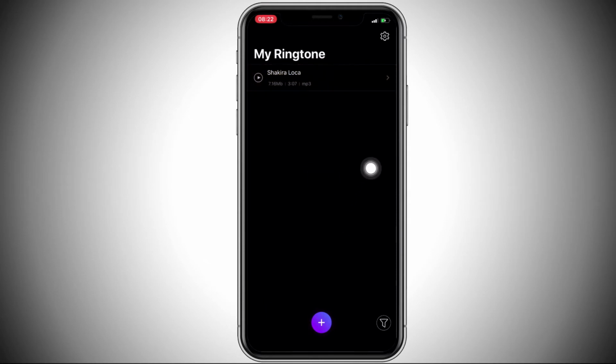After opening the song, you should click on that song to open a bar. Now you should click on clip to cut your favorite part of the song.